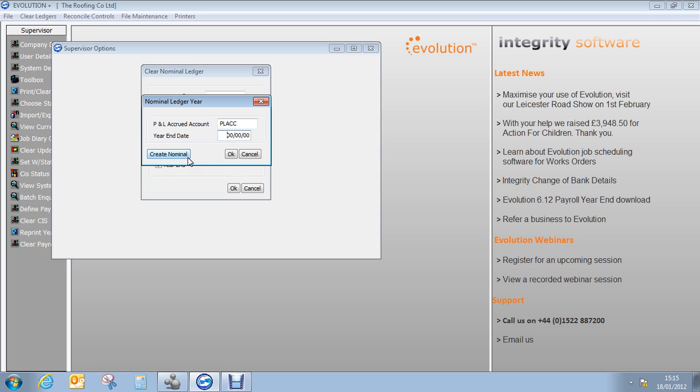Below there it asks you for the year-end date. Now this is the date that the balance is going to be shown in your profit and loss accrued account. You can either put in the 31st of the 12th 2011, which is the last day of the previous year, or you can put in the first day of the new year. It's entirely up to you where you wish to see that opening balance. Okay. When you're happy, you click OK at the bottom,